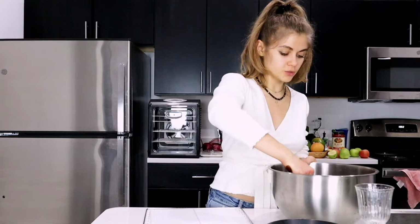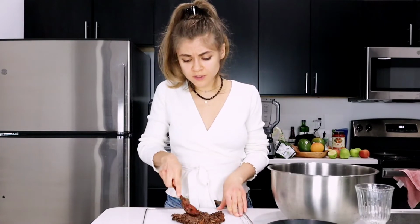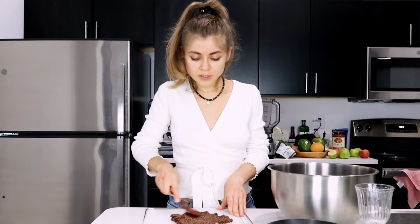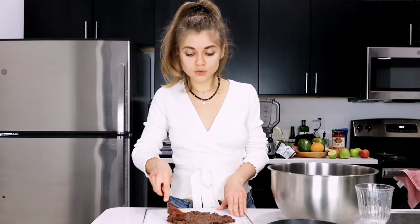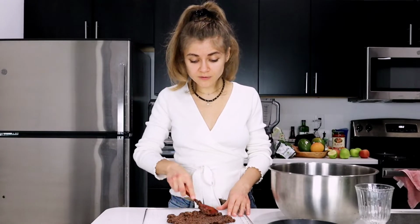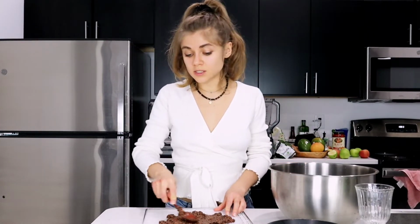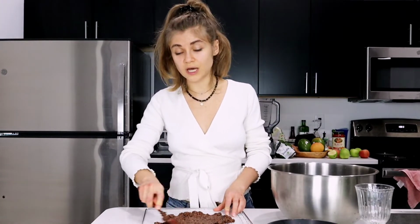And let's just start spreading it. Spread it thin. Spread it thin. But we have elements, so it doesn't matter. It's fine. So we'll spread it thin because we want it to be brittle, nice, and we also want it to preserve well. So the less residual moisture you have in your granola, the better. And at the same time, you don't want to sit and dehydrate it for 50 hours because